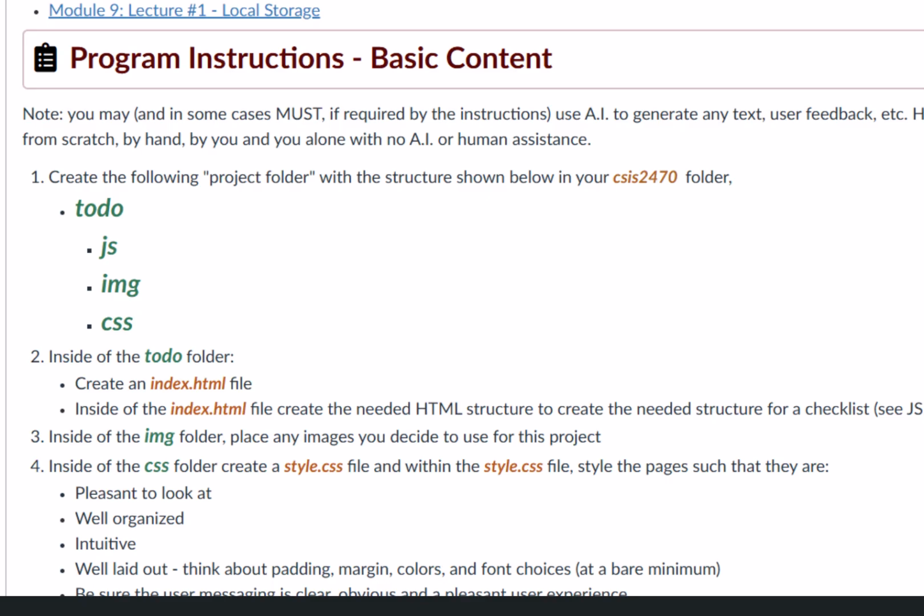Now, your job is to make it look good and be pleasant to not only see, but to interact with, right? Those are two separate things. Because the site can be gorgeous, but the user can't do anything because nothing makes sense and it's not intuitive and it's hard to understand. Or the other way around, the site can be very easy to understand, but it's just ugly. Well, we want both. We want it to look great and to function intuitively.